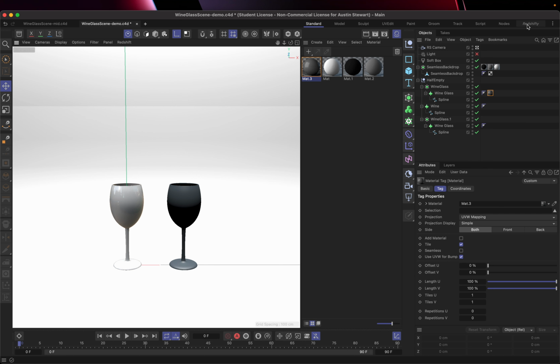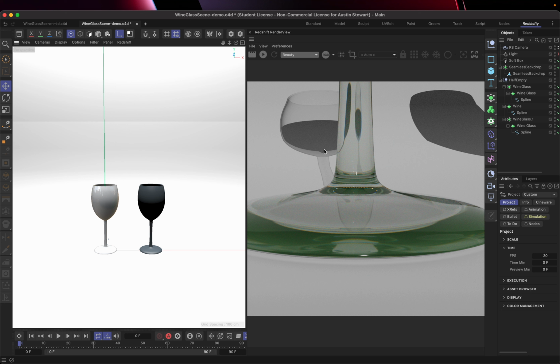Let's go ahead, and if you've been following my other tutorials, we have created a Redshift render view. This is going to be our final output, right? This is the glass that we're going to make. It looks like real glass. It's kind of awesome. And I'm going to go ahead and hit play here,